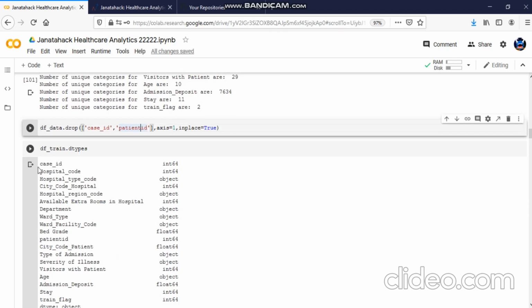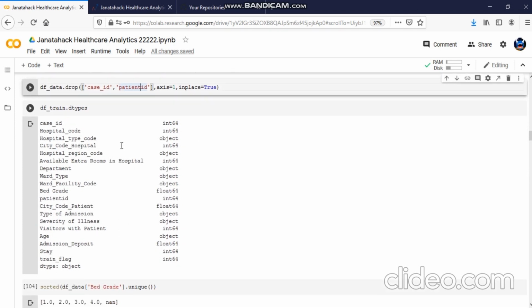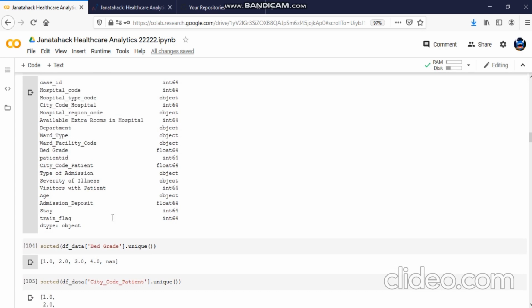So it just shows that our hospital code is integer, then city hospital code is integer, and so on. Like, it is giving the data type of each and every column. Okay,